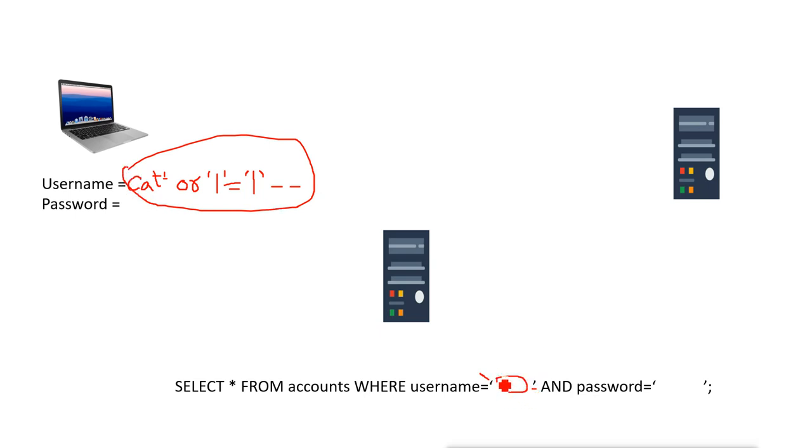So it will start from here, the quote, and then it will go like this: cat, then the quote will be closed, then it will mention one operator, then it will mention 1 is equal to, other operator, it will mention 1 again, and then it will mention this colon colon, and after that this second quote will work. So the whole query will come under this.